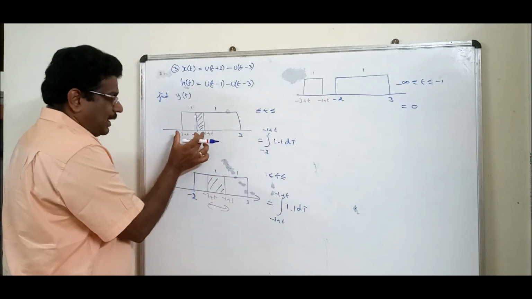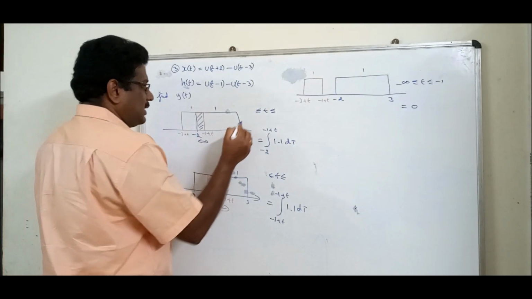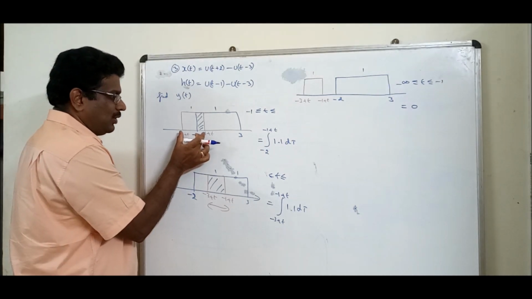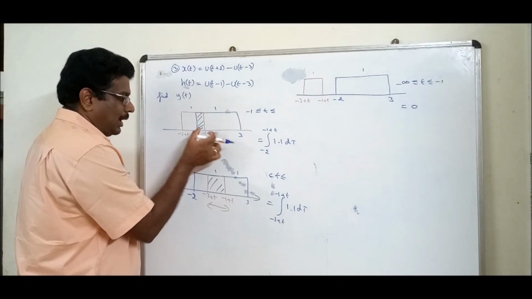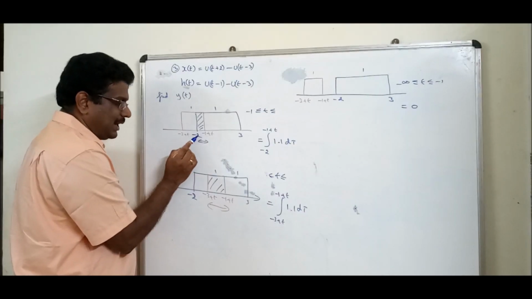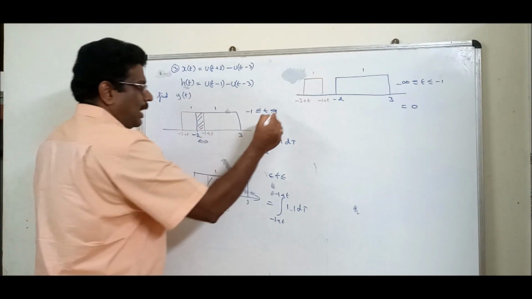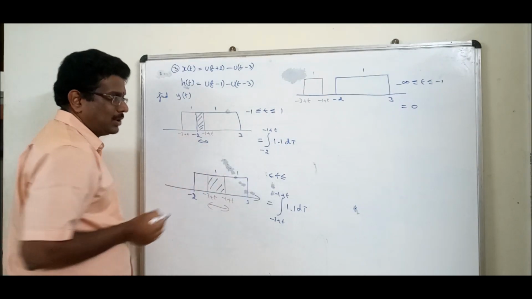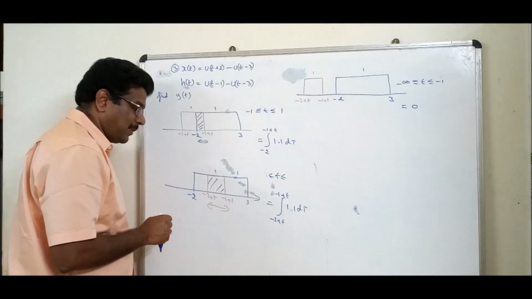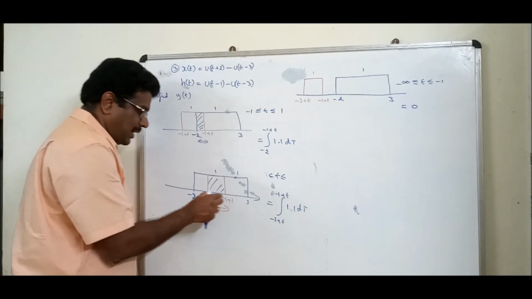What is the range? Where to where? It starts from this place. So what should be the t value? So the t value will be minus 1. Okay, the red color is moving. Before coming to this diagram, when this red color touches here, that increasing ends. So what is the value? Minus 3 plus 1 will be minus 2. Now what about this combination? This is a constant amplitude. Starts from where? This should be here. Ends at where? This should be here.